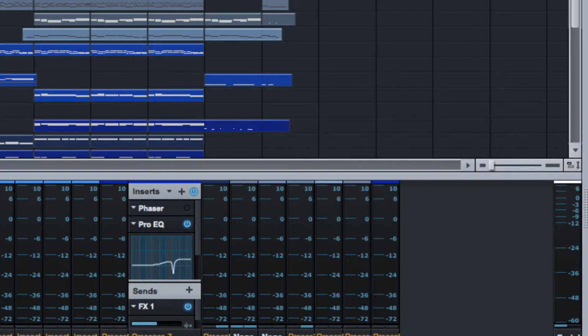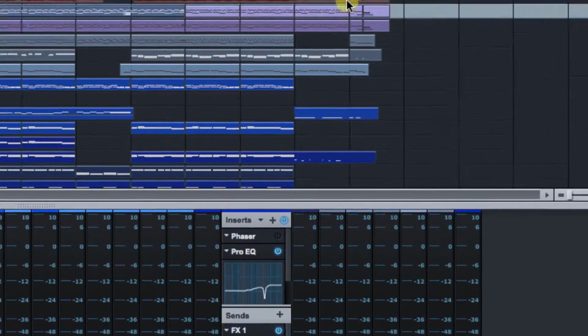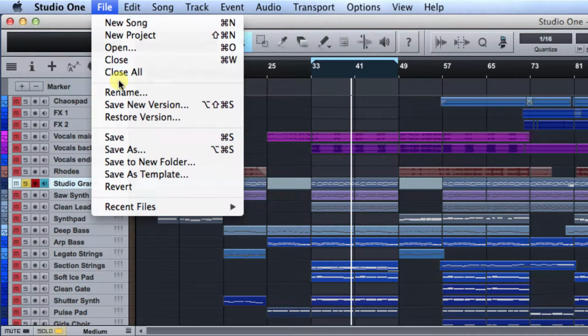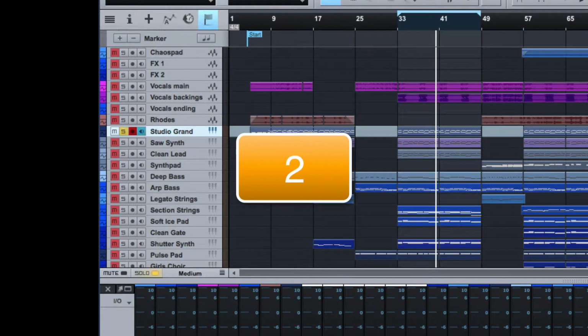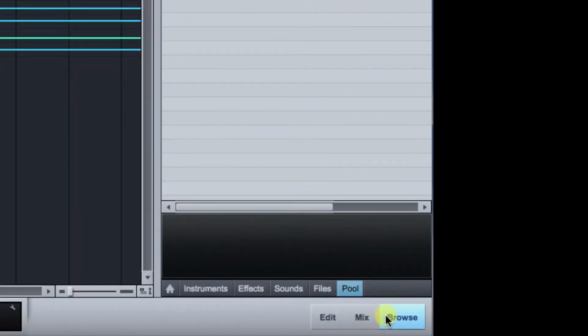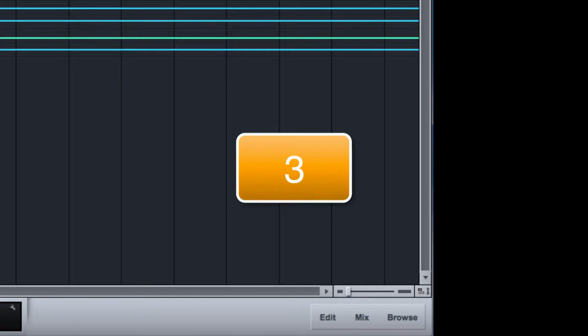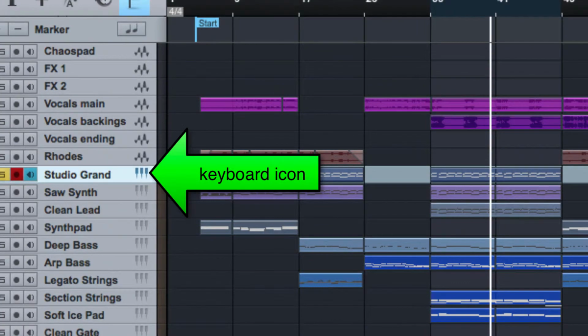Do a Save As with the file name Like the Rain Remix wherever you are saving the exercise songs. Step 2. Close the console by clicking on the Mix button in the lower right-hand corner. Step 3. Click on the keyboard icon on the left side of the Studio Grand track to open the Presence